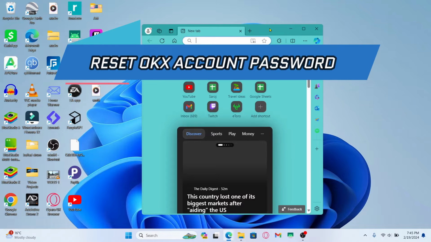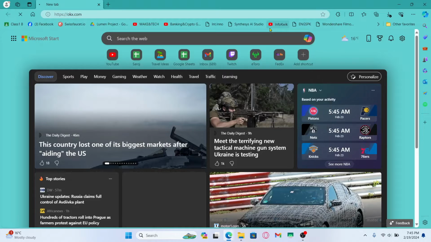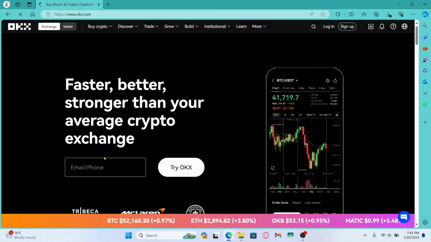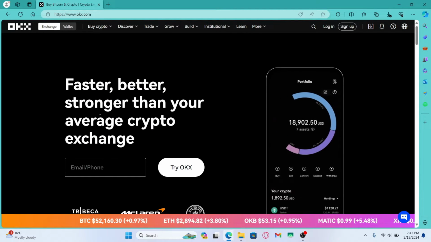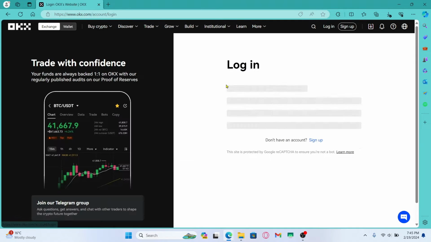First of all, open up your web browser and then in the address bar type in okx.com and press enter. You will then be taken into the official OKX website. Now from the home page, click on the login button at the top right corner and you will be taken